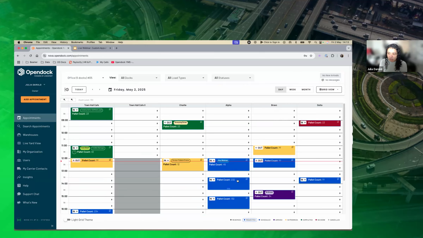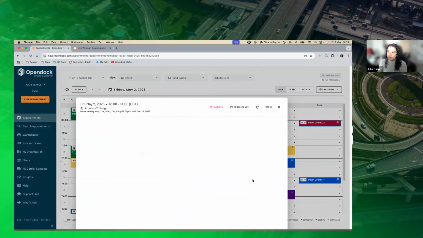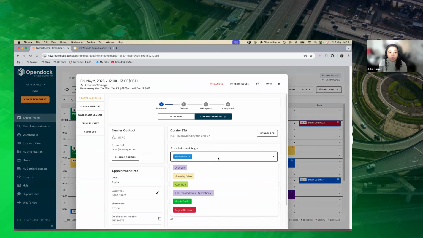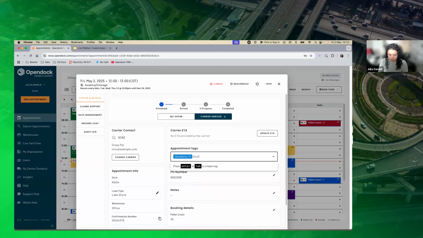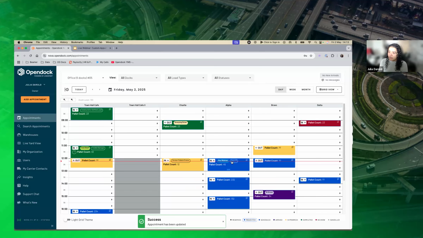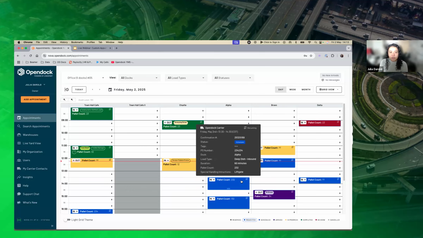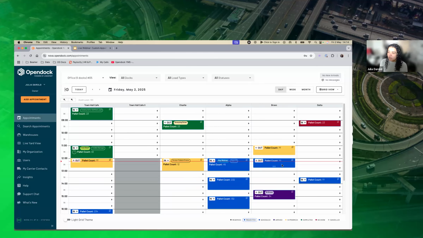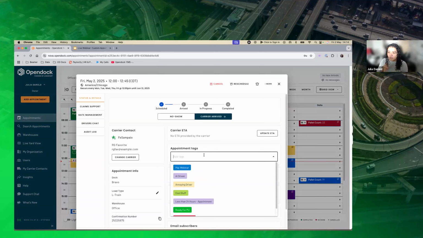Some of our customers, for example, use tags to depict the dock doors where this appointment is happening. So for example, I can add a one-off tag that says door 13, and then that's added in here. This is one way that you guys can easily bring information to the appointment without having to create an official tag or a specific appointment field for it. You can use the tags to add one-off, very visual information that someone needs to look at,